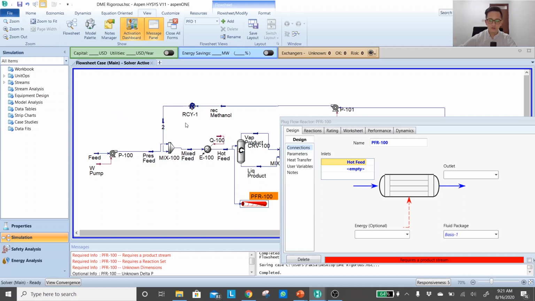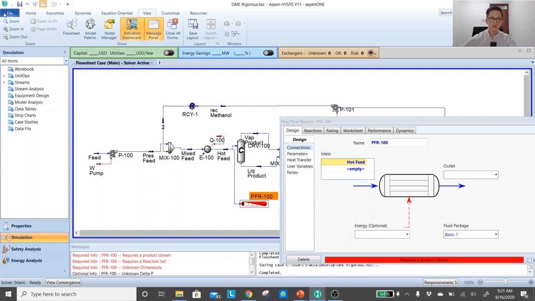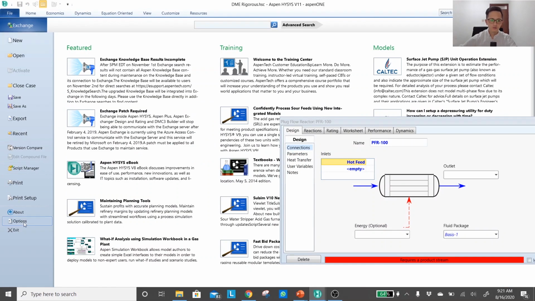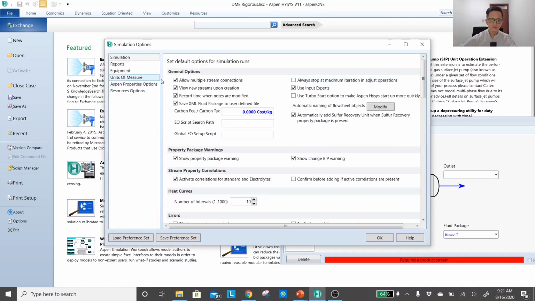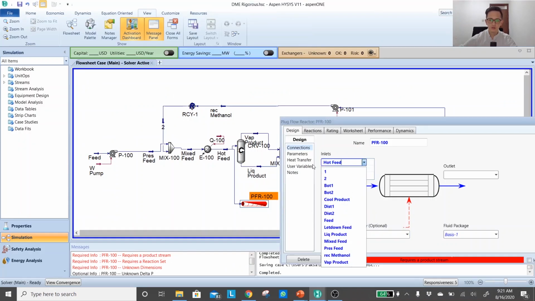If you can't do that, the option in HYSYS will not allow you to split the stream. Then you have to go to the file and then you go to the options and then make sure that you checklist this first row, allow multiple stream connection. So tick checklist. After you do that, you will be able to link one stream into 2 or even more units of equipment. Okay, energy, we don't have to add anything over here because again this is an adiabatic PFR, no heat exchange between the system with the environment.